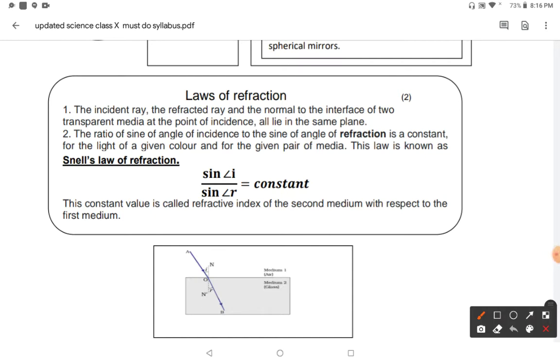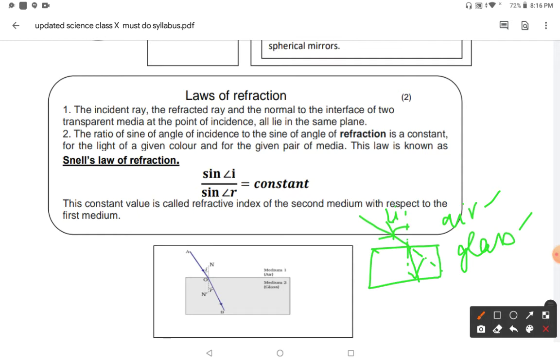So for example, there is a glass and here is the light. First of all, you have to draw a perpendicular, and this is the incident ray, and this angle is called the angle of incidence. This is the air medium and this is the glass medium. So this is the rare medium, this is the denser medium, and the rule is that when the ray goes from rare to denser, instead of going straight, it bends towards the normal because its speed slows down.